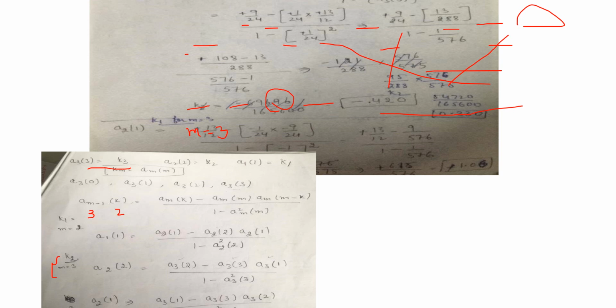Okay, here for K1 you are putting m is equal to 3 and K is equal to 1. M is equal to 3 and K is equal to 1. When m is equal to 3 it becomes 2 A2 of 1. So you are calculating A2 of 1 by putting here K is equal to 1 and m is equal to 3. Okay, it is A3 of 1. You have the value of A3 of 1 and by putting these values K1 is equal to 1.06.